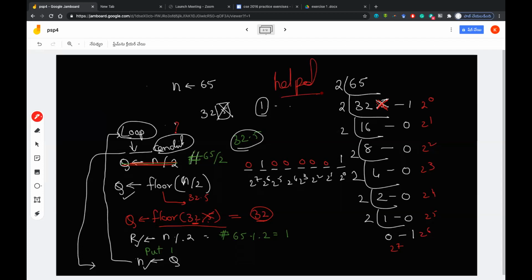So I think I have helped you a lot in writing this program. Sir, I have done these things without any floor division, only by using basic operations. Yeah, that also can be done. I have seen a few people doing that also, but I want to mention that for this flow chart, the other alternative is also there, whatever you are saying. But I stress on using floor because for other programs there might be no other option instead of using floor. That's the case that we need to observe. That's why I'm trying to use only floor, but I will also look into your solution. Okay, I will stop sharing it now.